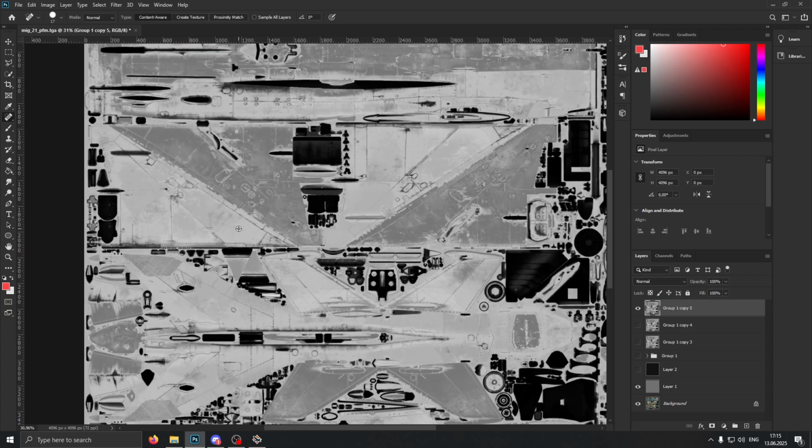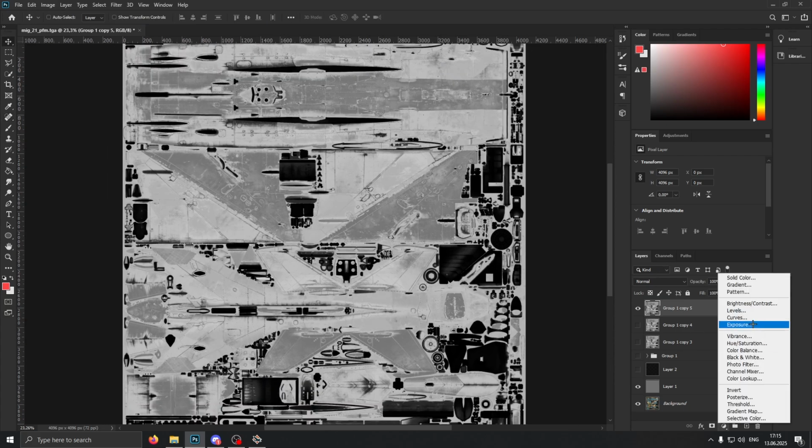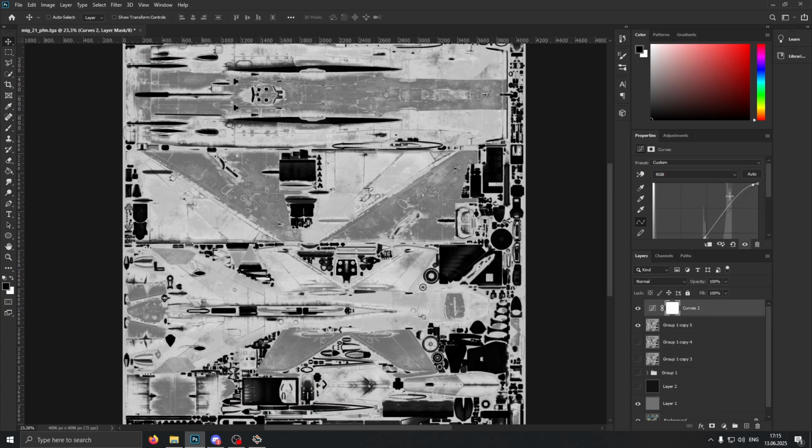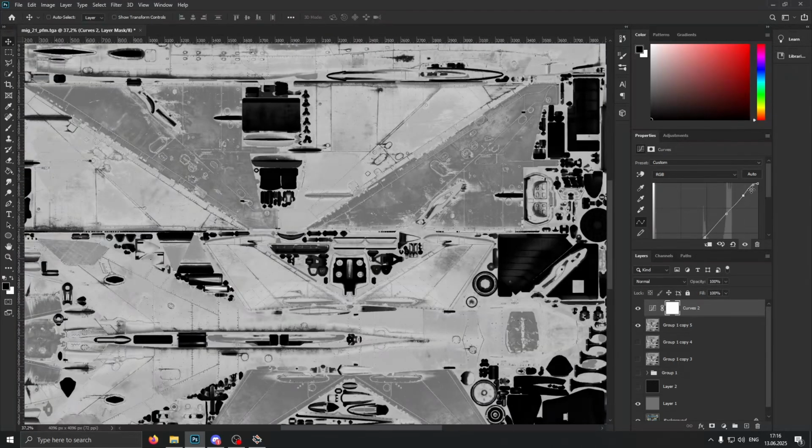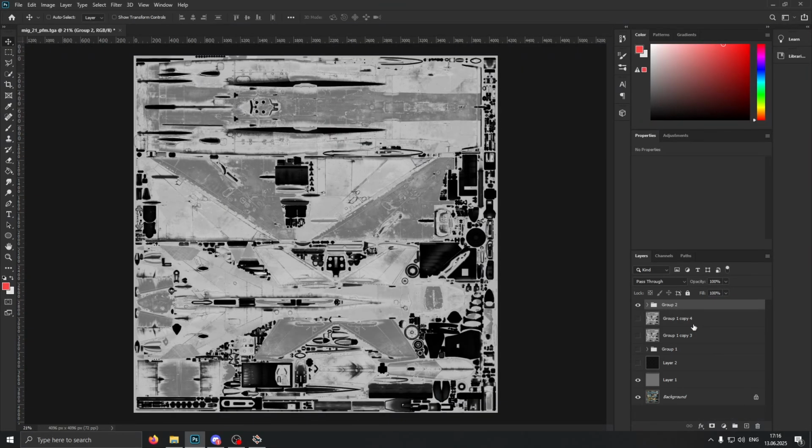Okay, looks good. I have removed the detail successfully. So now I'm going to go into the curves again and adjust it a bit further to my liking. Okay, I'm just dragging a bit more lights out, getting a bit brighter areas. And that's about it. Now you have your finished preset,